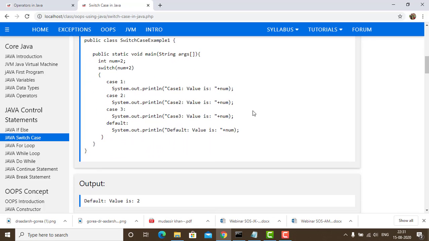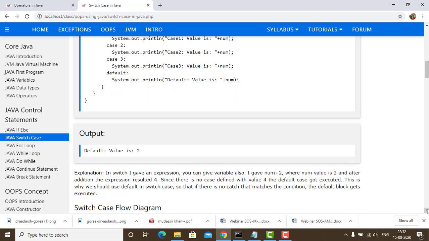Let us check it. Case 1 prints the value of num, case 2 prints the value of num, and in every case it is displaying the value of num. So it is going to follow the case in which it suits.